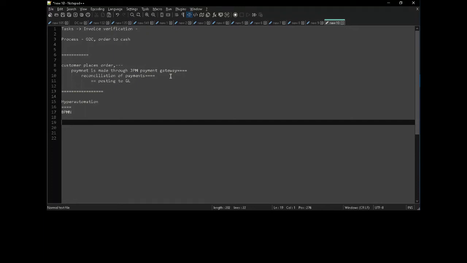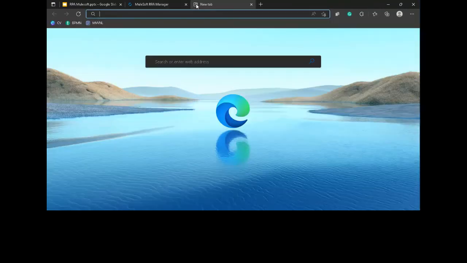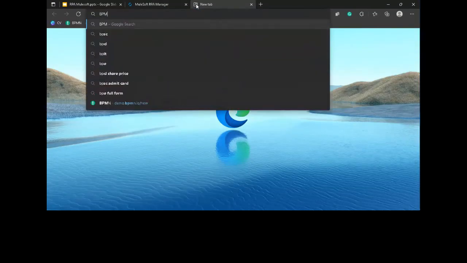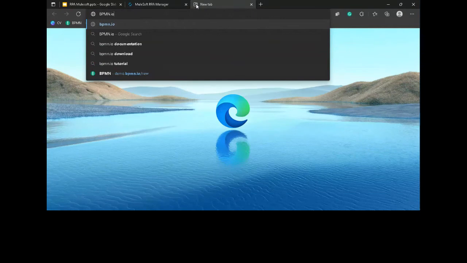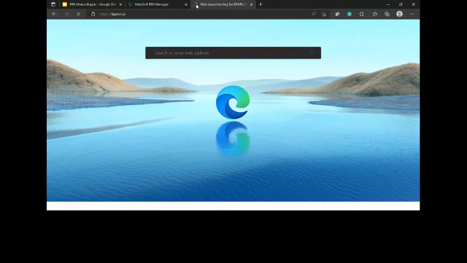It's like defining the workflow. You can have a display of the workflow, how things are working. Everybody can go to bpmn.io. It's very simple. You can try online.